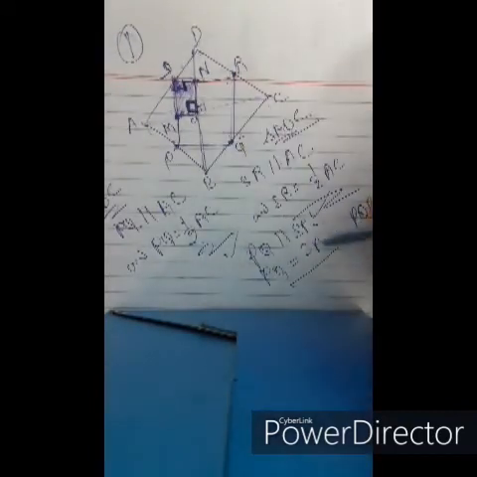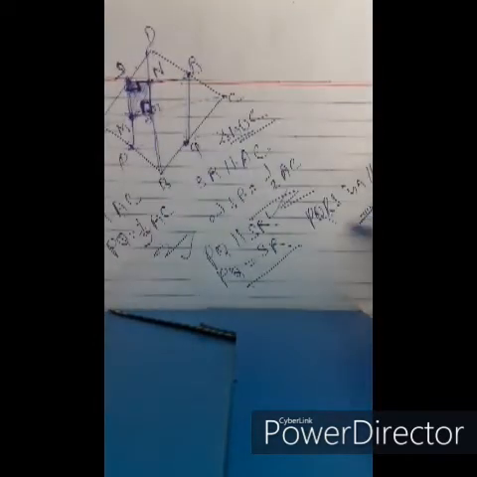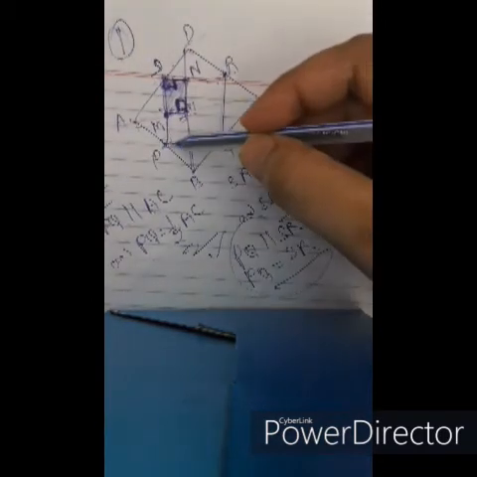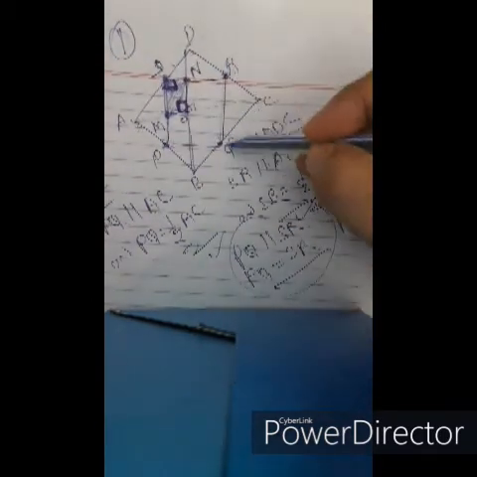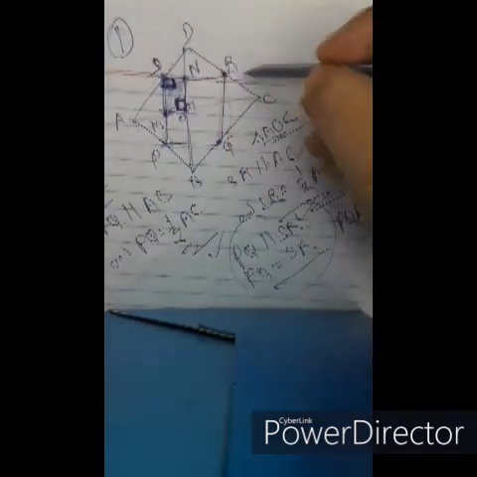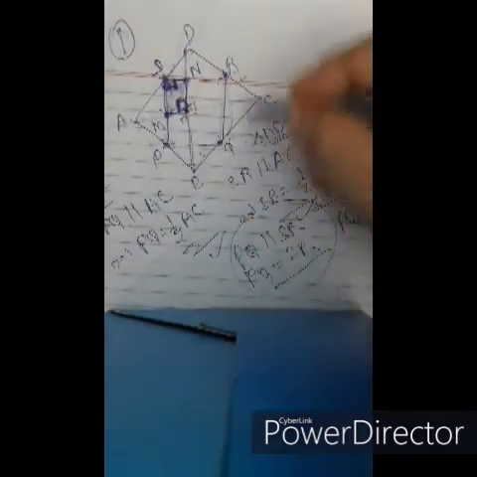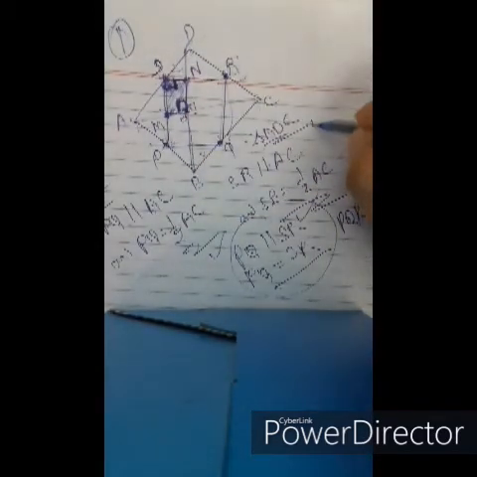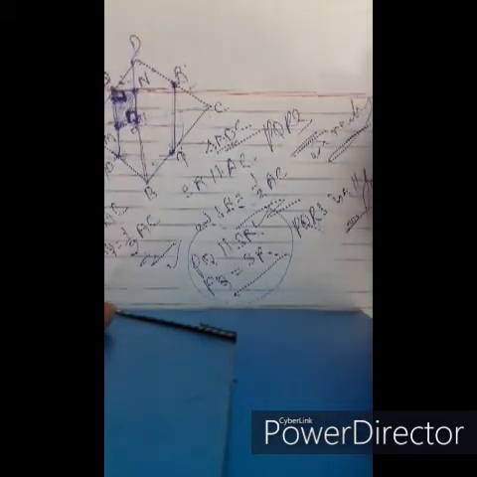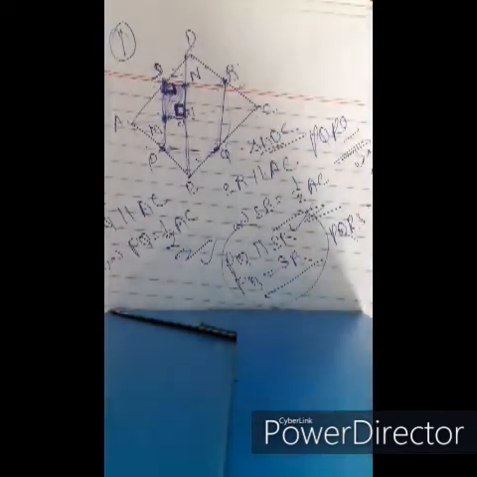Also we note that PQ equals SR and PQ is parallel to SR. Similarly, SP is parallel to RQ and SP equals RQ, and angle PSR is 90 degrees. Therefore it is proved that PQRS is also a rectangle. I hope you are able to understand. It is very simple. For your own convenience, I'll repeat it once more.